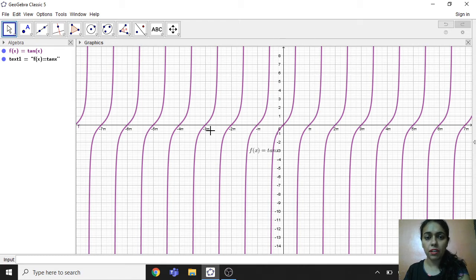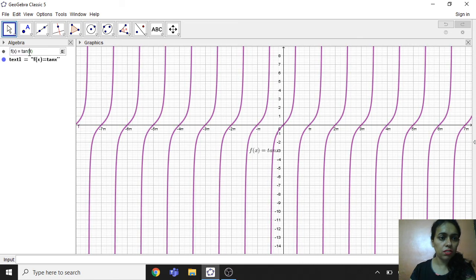In a similar pattern, you can see how the tan function increases. Now, if I talk about the range of this function, it's going to be the entire y, that is the entire real line R.